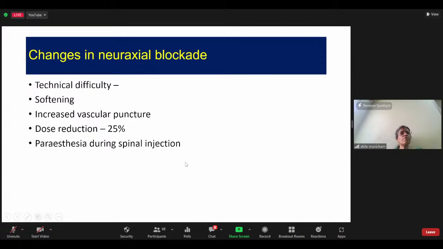And so every time you give an epidural dose for analgesia, it is very important you consider that as a test dose. Like 0.0625% or 0.125% should be given in incremental doses, because migration of the catheter and blood staining is quite common in parturient patients. And a 25% dose reduction of local anesthetics is also essential.